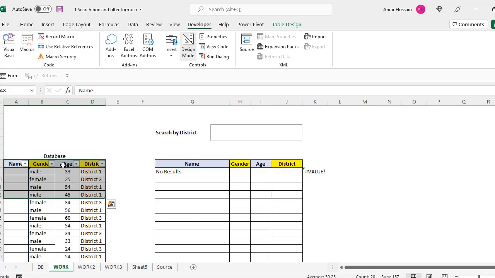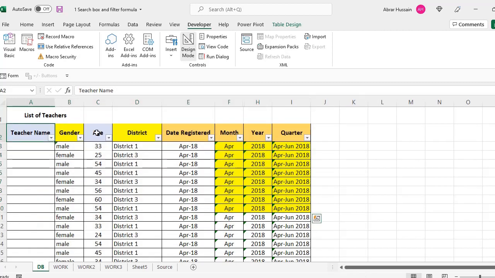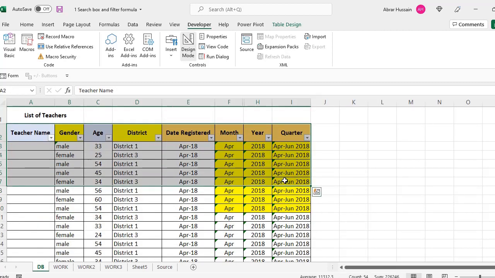So this is my database. You must remember that first you need to convert your database to a table. How can you do that? For example, this is your database, so you need to select this whole database and convert it to a table, so that it gives you reference names, which are very easy to use when you are arranging different columns. So how can you convert this simple Excel sheet into a table?